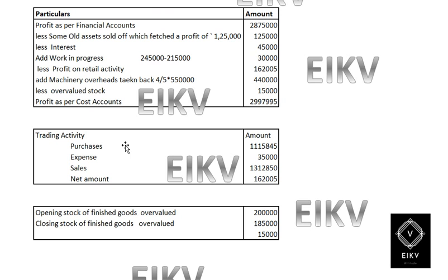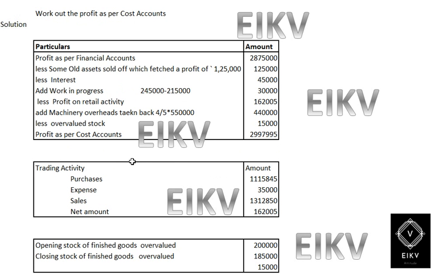And I have made a statement for trading activity. For that we need to deduct purchase expenses and other expenses from sales. We will get a profit of 1,62,005. So after doing these adjustments, we will get a costing profit of